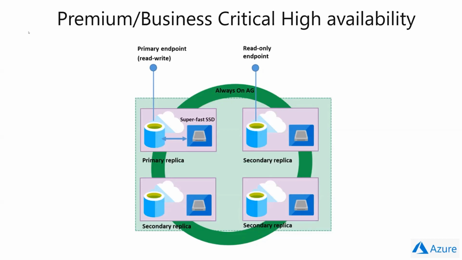What we're going to talk about today is that apart from having replicas in the same region, you can deploy a replica in a different region in the globe. And actually you can have both, depending on your use case. You can have, of course, Premium Business Critical with 4 replicas in the same region, and then deploy a geo replica, let's say in a different region, and that replica can have at the same time 3 more replicas. So hopefully I didn't confuse you more, but I just want to mention this. We're not going to be focusing on this. We're going to focus on the geo replication, but I wanted to show you the different options we have in